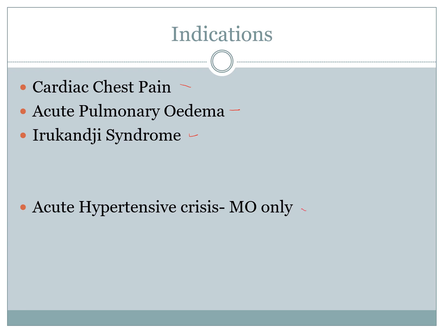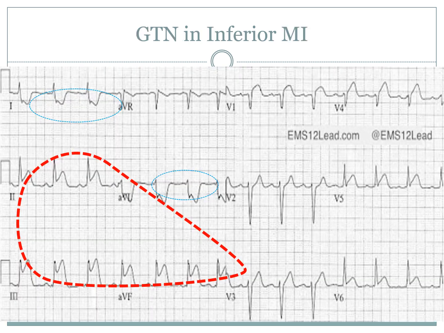So anyone who's been looking at GTN, and you all should be pretty familiar with the drug, you may have heard around the traps the dangers associated with giving GTN for anyone that has an inferior myocardial infarct. So the clinical significance of an inferior infarct is the fact that it could be a right ventricular infarct. In fact, 40% of all cases that have inferior involvement can in fact be a right ventricular infarct, and that